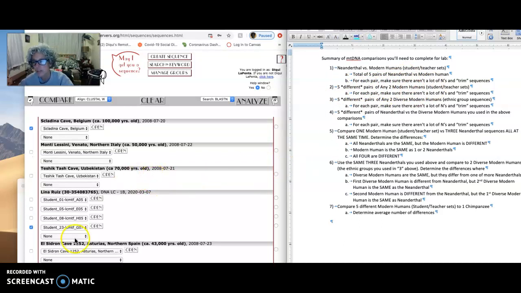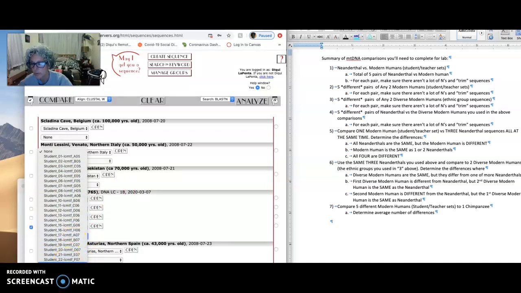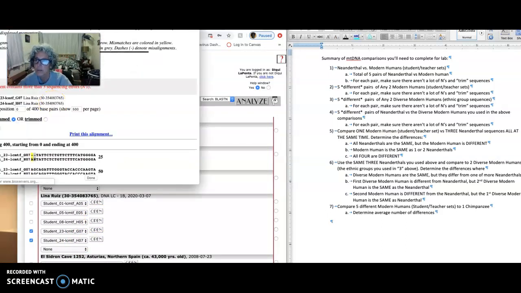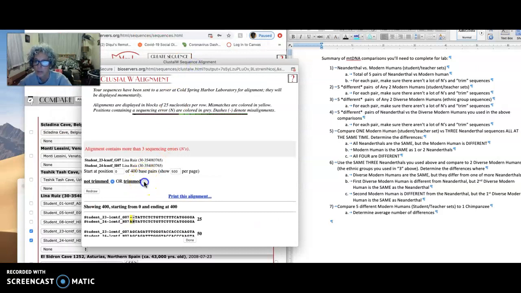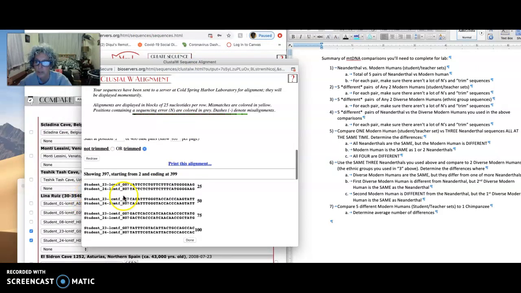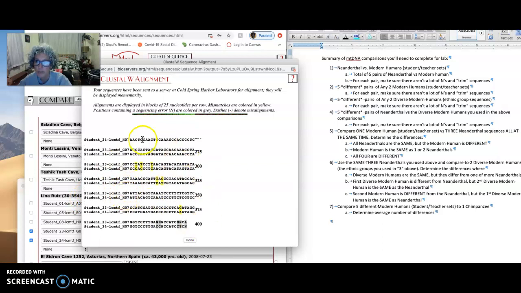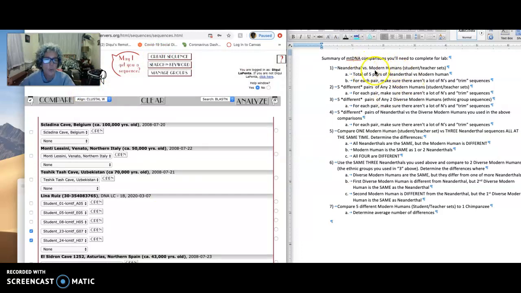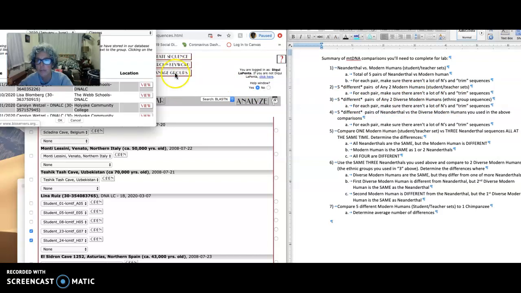So you've got this entire classroom, so you can pick multiple students. So we could do student 23 and student 24 and compare, and trim it and redraw it, and we could see how many differences there are in that sequence. So doing one-to-one comparisons aren't too different. Then you're going to do different pairs of a diverse modern human, which is the ethnic groups. So if you go to the manager groups,